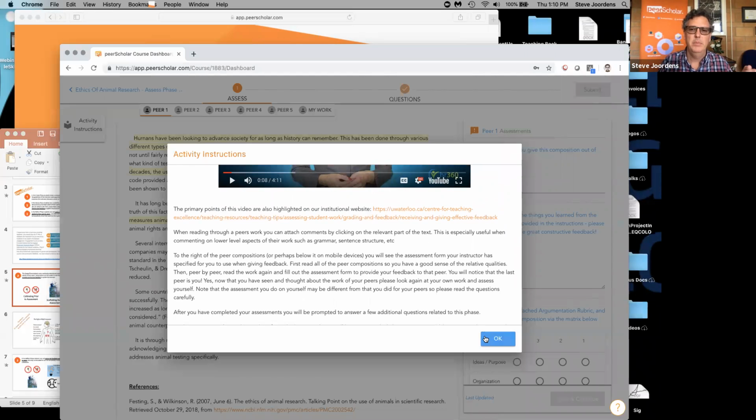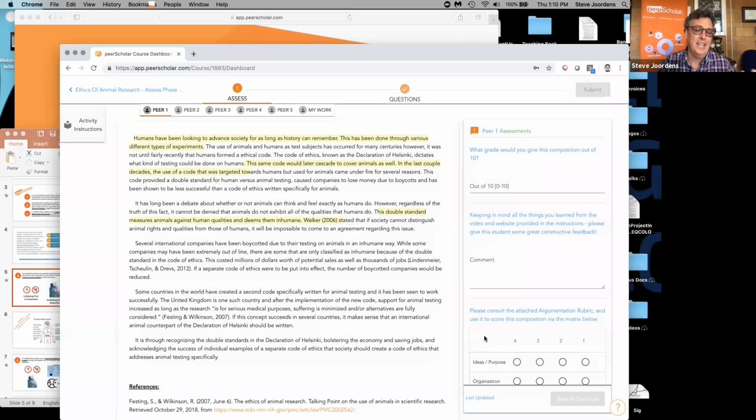So now they come into this task of giving constructive feedback, but they've all had some training and they were all coming at it in the same way. All right, so now they read Peer 1's submission here in this context of a written submission. On the right is where we're going to ask them to assess, and we're going to guide their assessment. We can give them a lot of structure as they do things, and you're going to see some examples of these tools. But for example, one of the things we could do is start them by just saying, okay, you